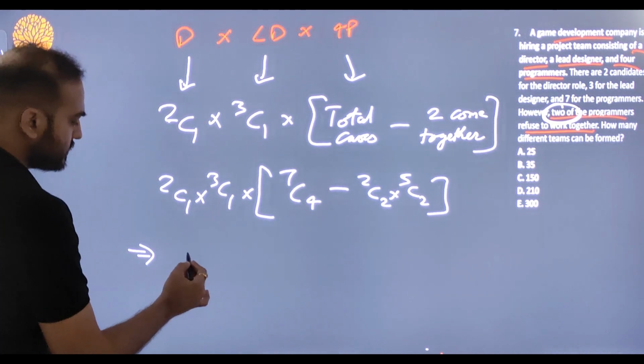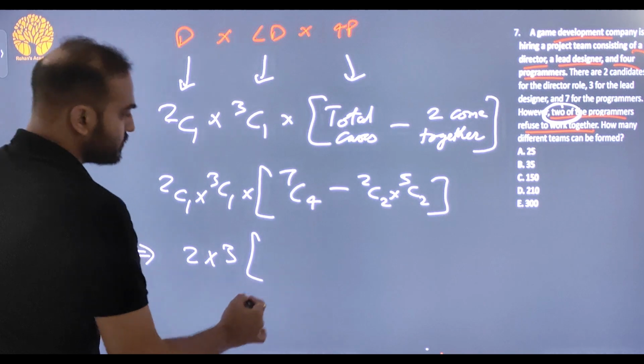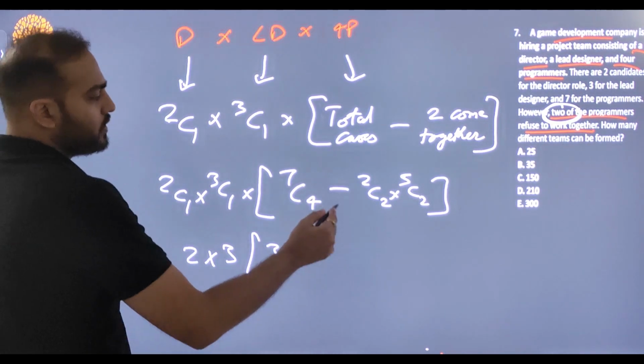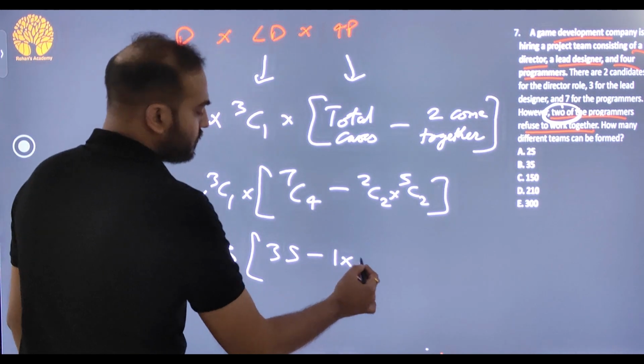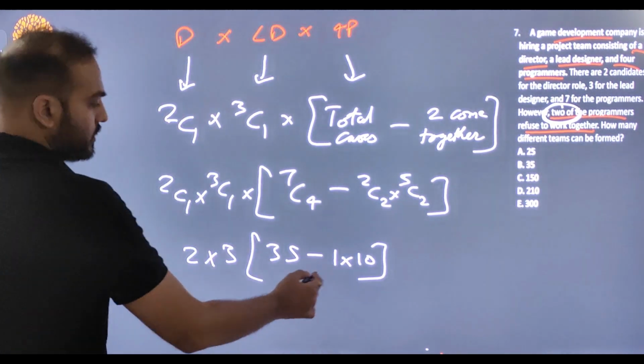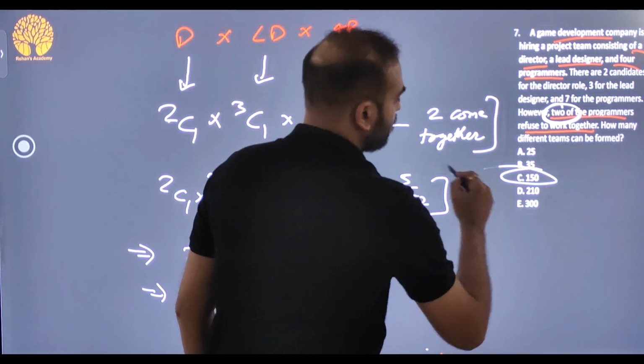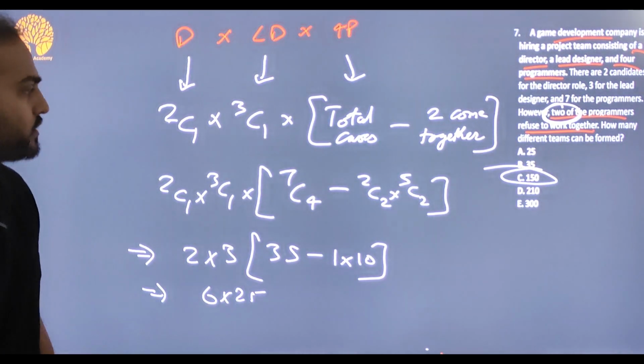Now if you just solve this, that's 2 times 3 times 7c4, we just solve it, that's 35. 2c2 is 1, 5c2 is 10, that's 6 times 25, 150. Okay,